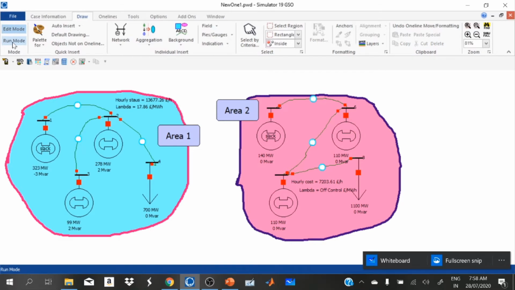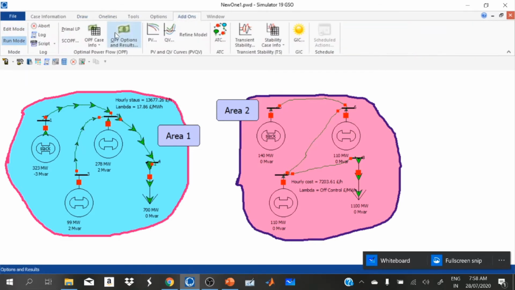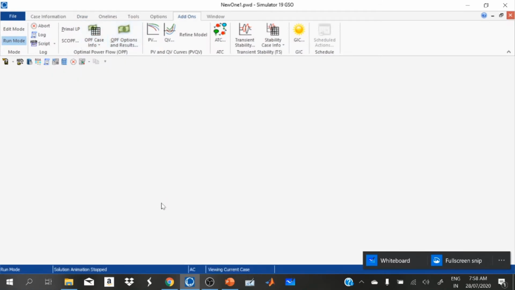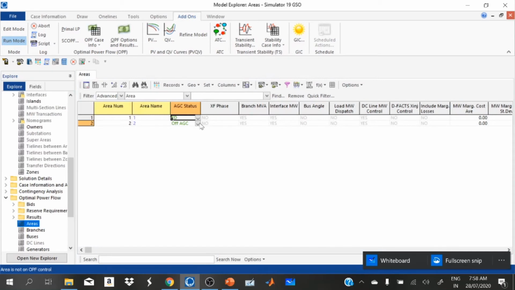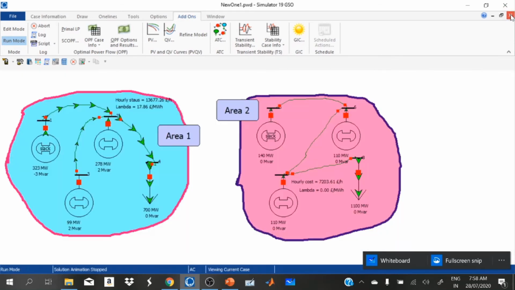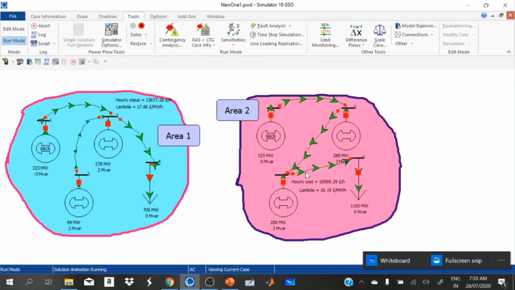Now run our model. Before we run our model, we have to go to PF case or PF areas. We have to change this economic dispatch mode. Now we can run both the areas separately.